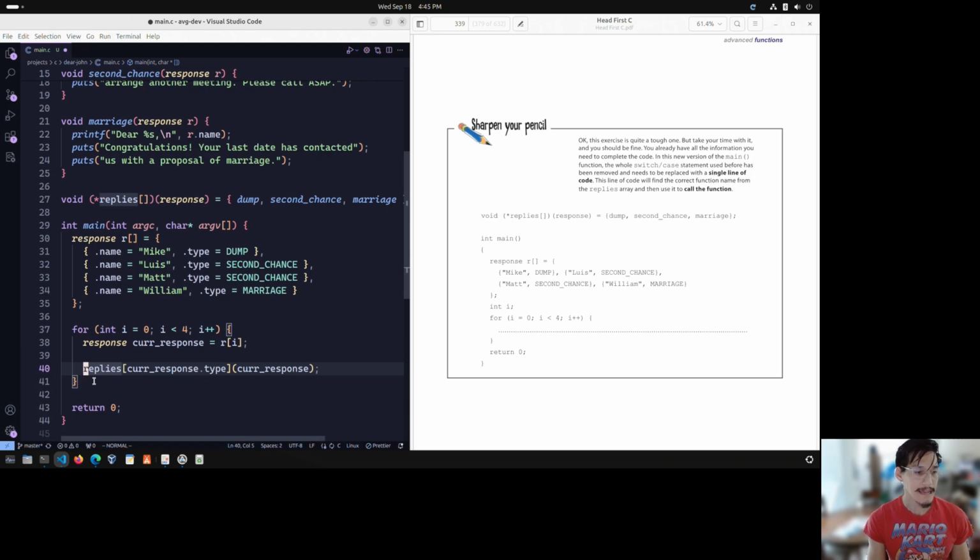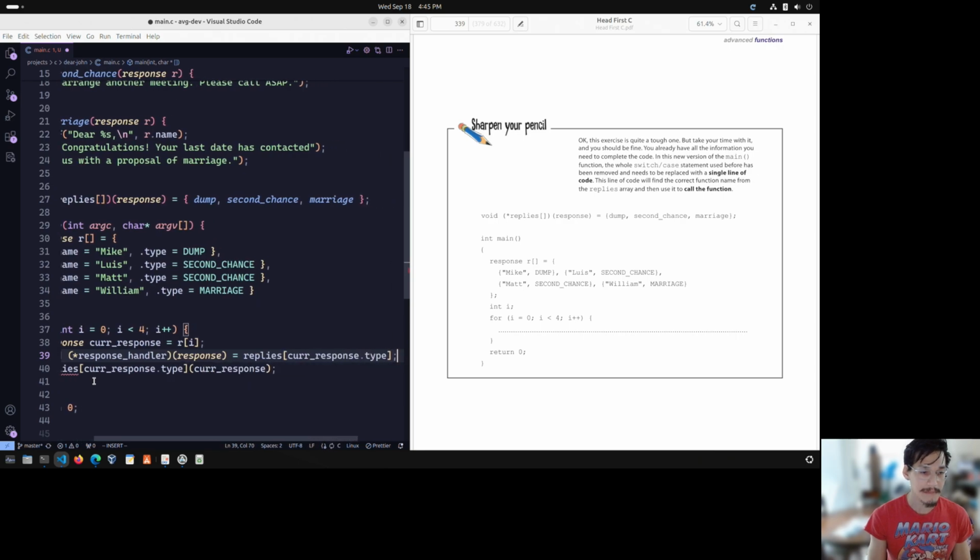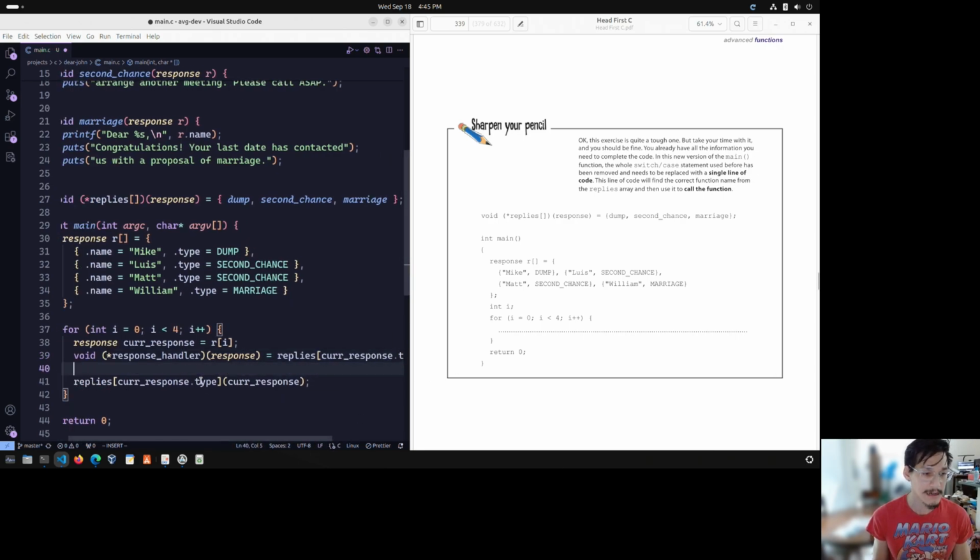So we can take our function stored here and use it to call it. And you know what? I think it might be easier to even store it as a variable and just see what it looks like. So we call it response handler. Okay, and no square brackets. We don't need these because we're just getting one single function pointer of that type, and that would be, I guess, replies at cur response dot type. So we'll get that returned here, and we could change this to be response